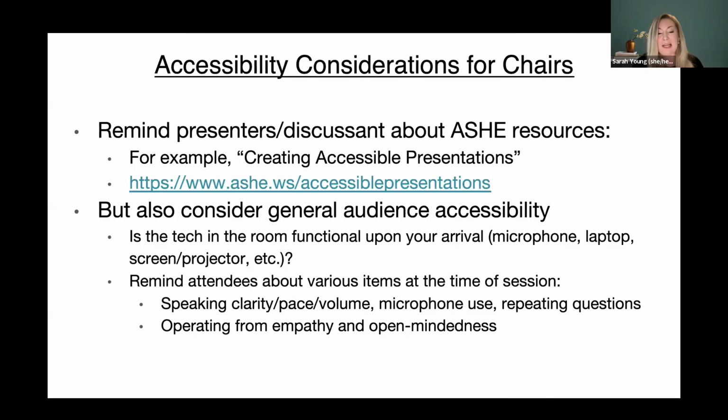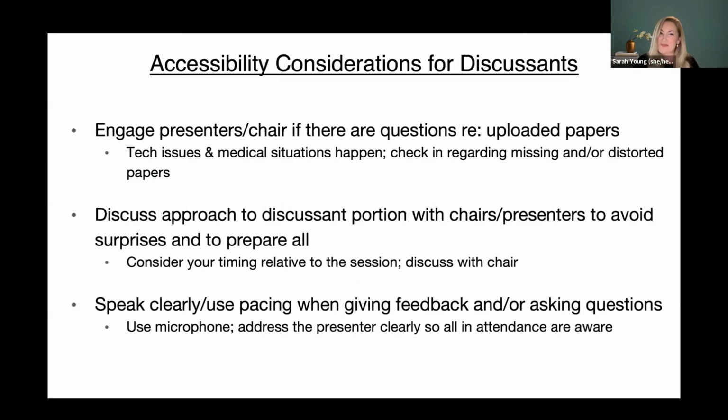respond. And very importantly, reminding everyone and practicing that we are operating from empathy and open-mindedness to create a welcoming and kind of accessible feeling and vibe in our session. Okay, discussants, your turn. So discussants, distinct from the chair. And so for discussants, something that's always come up to me and something that I like to keep in mind